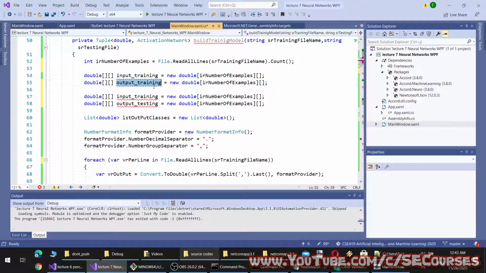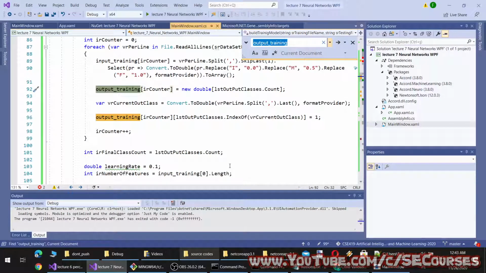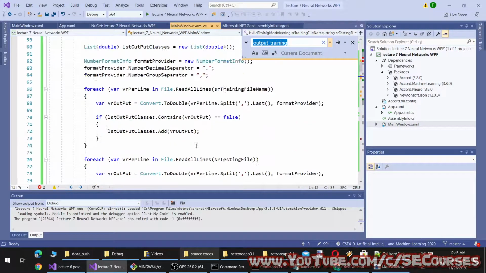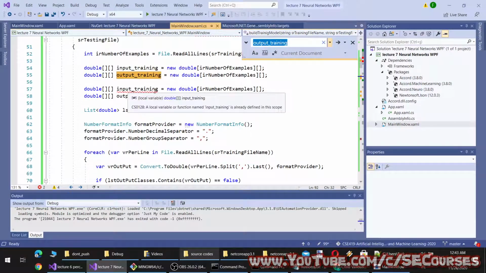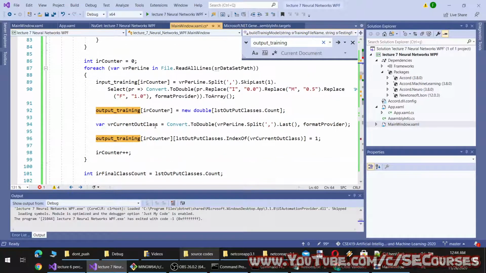And yes, there will be also input testing and output testing.